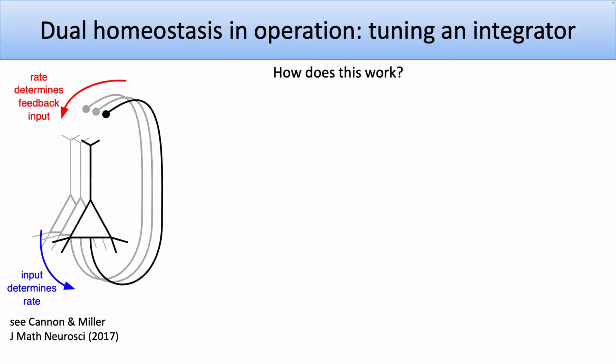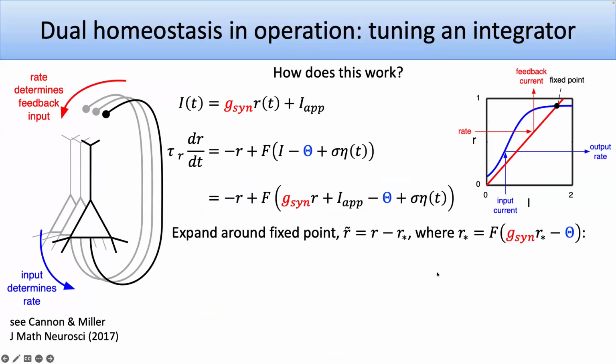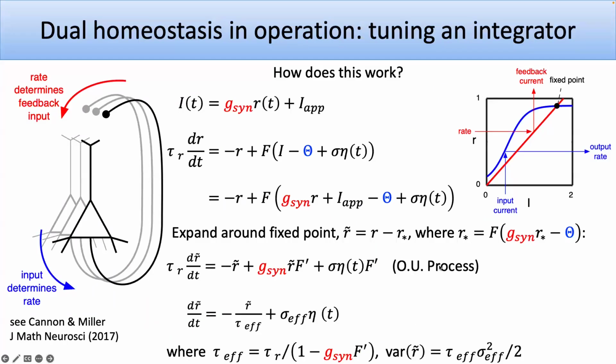I didn't mention this, but the way you can think about this working with the integrator is when you have a fixed point, as I showed before, where things are wrong, then you can expand about the fixed point. And if you expand about the fixed point, you find you have an Ornstein-Uhlenbeck process. And the variance essentially goes down as the angle here gets wider. So if you're brought back very quickly, there's an effective time constant. And if that time constant is fast, you have low variance. If that time constant is slow, you have higher variance.